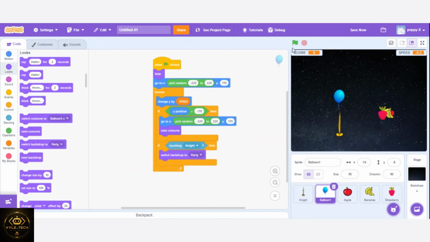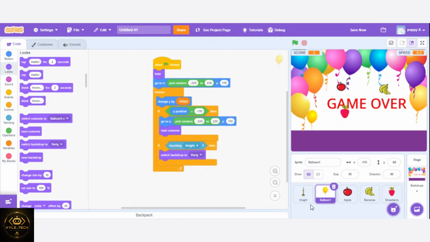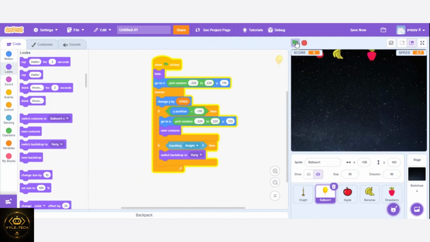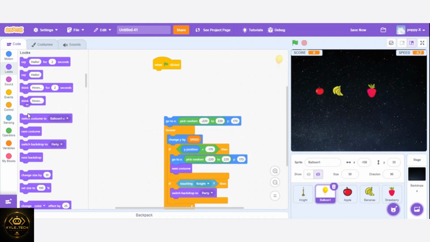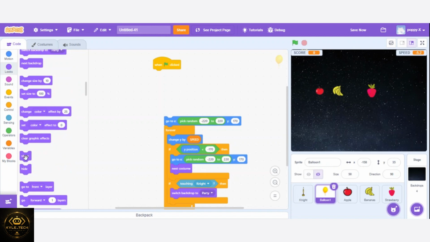So let's start and see. There you are able to cut the fruits and the score is increasing. When you touch the balloon here, wait, there it disappears and the game starts. Now for the balloon, let's start again. For the balloon, because of this hide here, that's why it's not appearing. This one should not be hide, should be show. We want it to show. There,